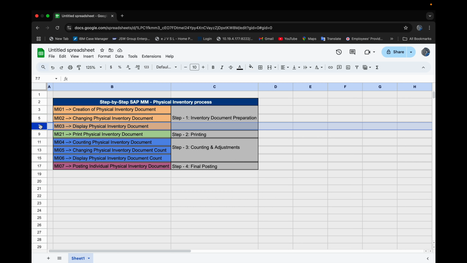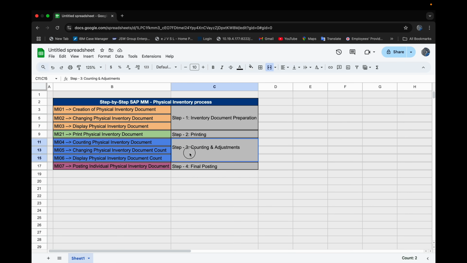Once the physical inventory document has been created, the warehouse person will take the print output of the physical inventory document through MI21. This document can be printed and provides a visual record of the materials to be counted. Then